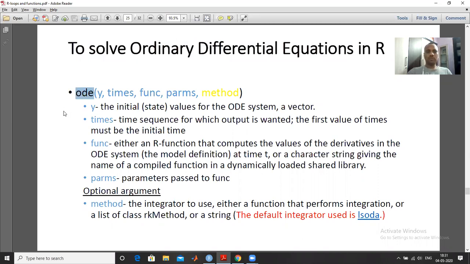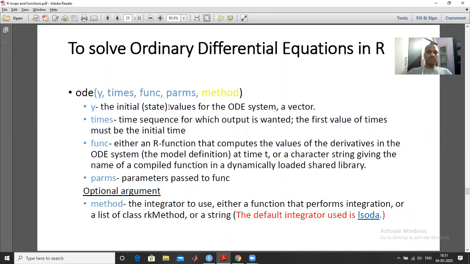which exists for ordinary differential equations, and there are some input parameters, some arguments, which are defined like this: y, times, then func, then parms, then method. So we describe these parameters: y is the initial state value for the ODE system, or it can be a vector.